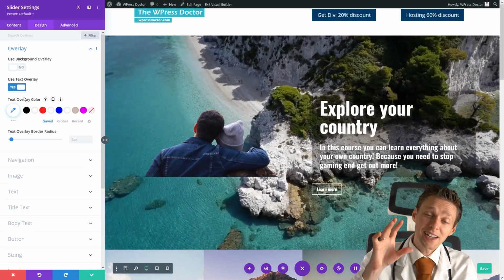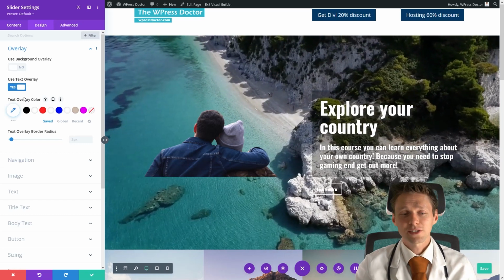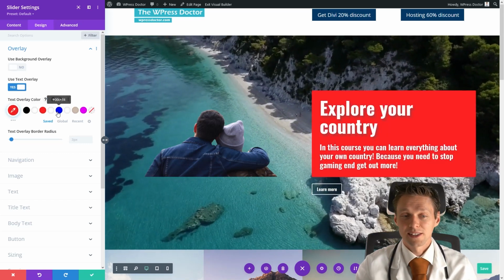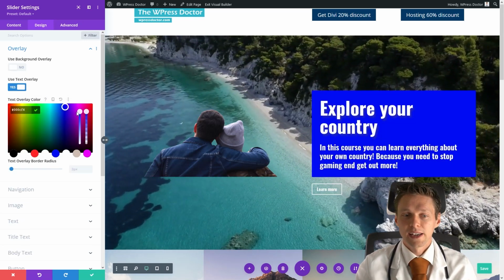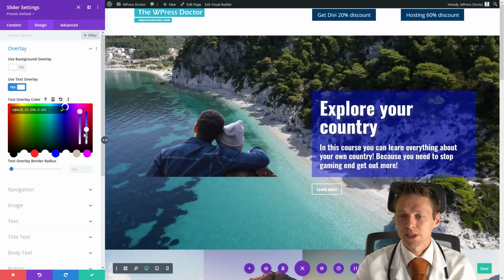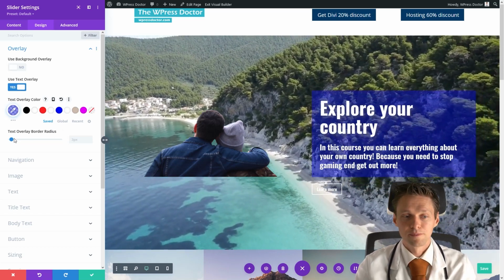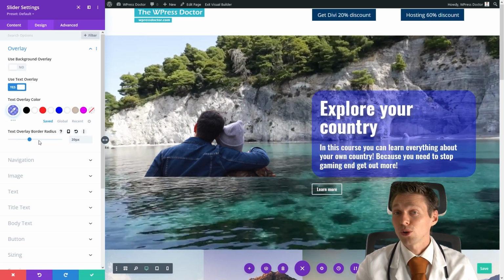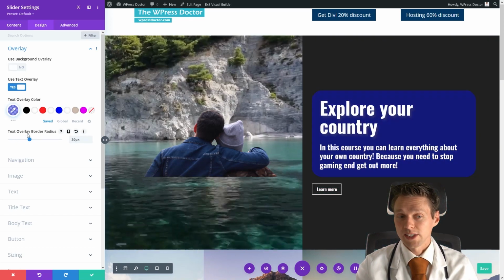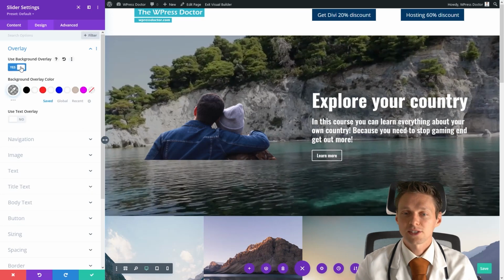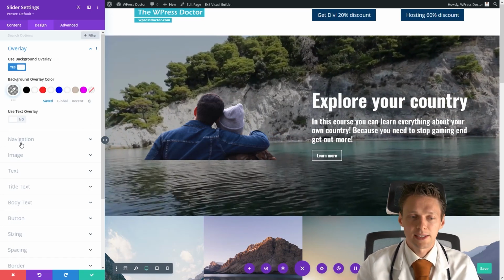Now you can have a nice figure right there so people can actually see your text. And I would also suggest always making it a little bit of a gradient, but it's totally dependent on your style. You can just change the corners of your overlay text. All right, this is pretty awesome. Let's use the background overlay. I like this very much.